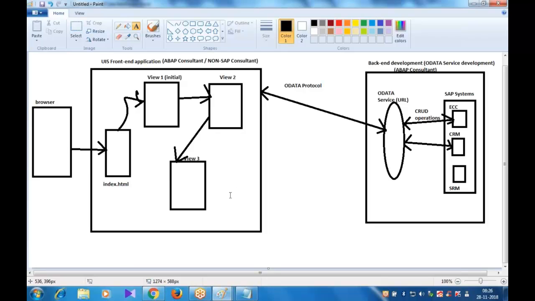Assume that in my Fiori application, in one of my views, I am showing some data in the form of a table. Just like in our module pool we have table control, in UI5 also we have a control called table, which shows the data in the form of rows and columns. So if I run that Fiori application in my